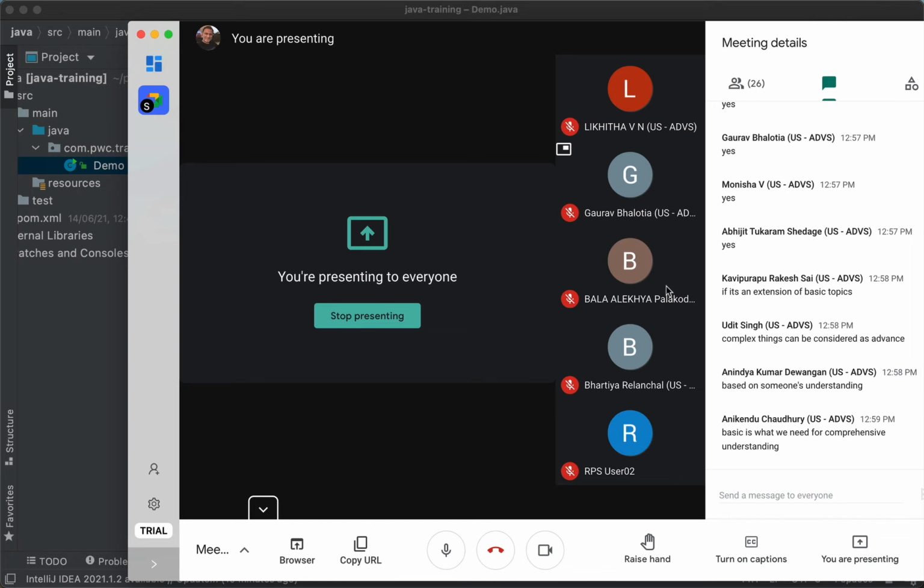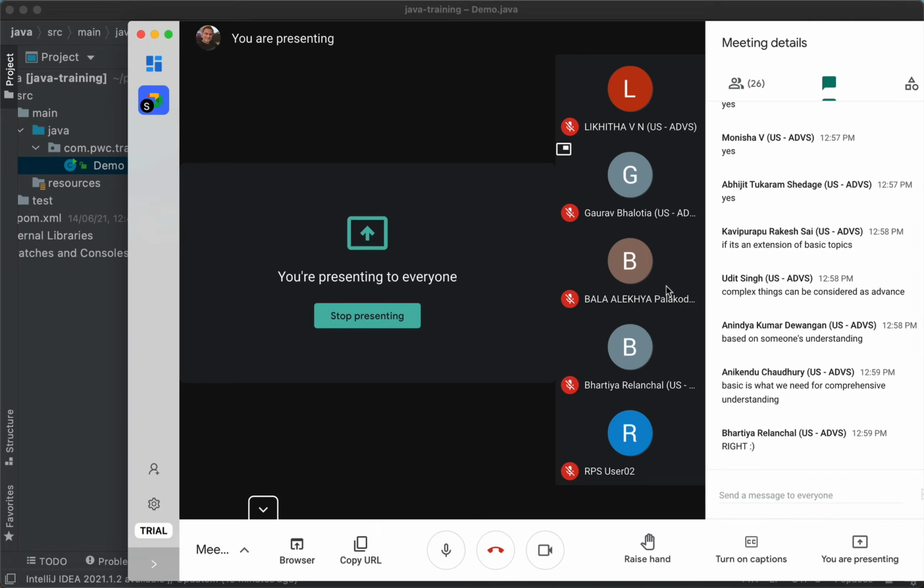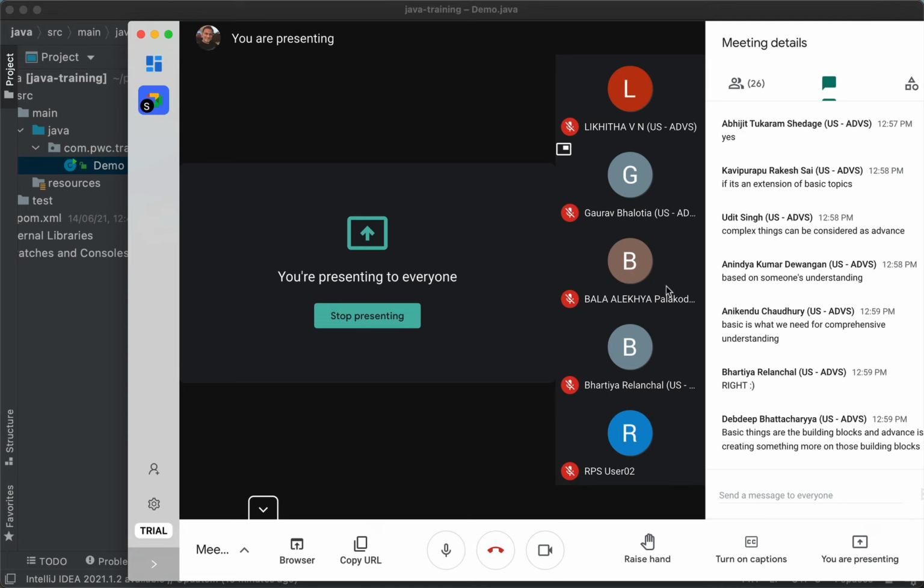I have my own way of classifying things between basic and advanced. Something that I understand today is basic, and something that I don't understand today is advanced. Right? That's how it is. For Albert Einstein, E equals mc squared was basic, isn't it? But for some of us, it's Greek and Latin, perhaps. No, not so much, but we understand. But that's how it is. So it's just a matter of knowing things and not knowing things.